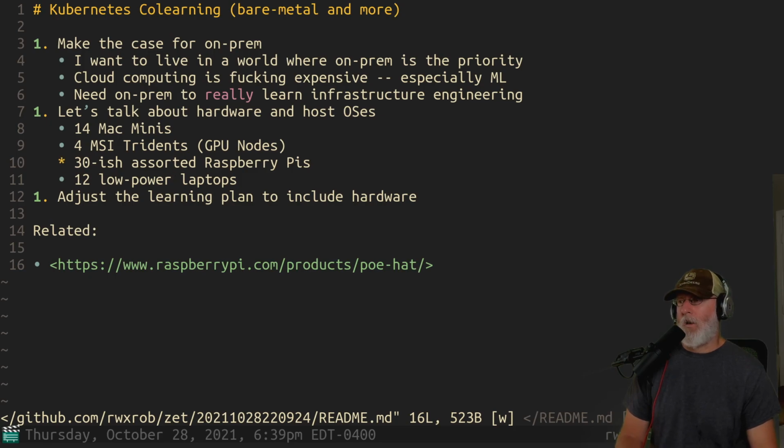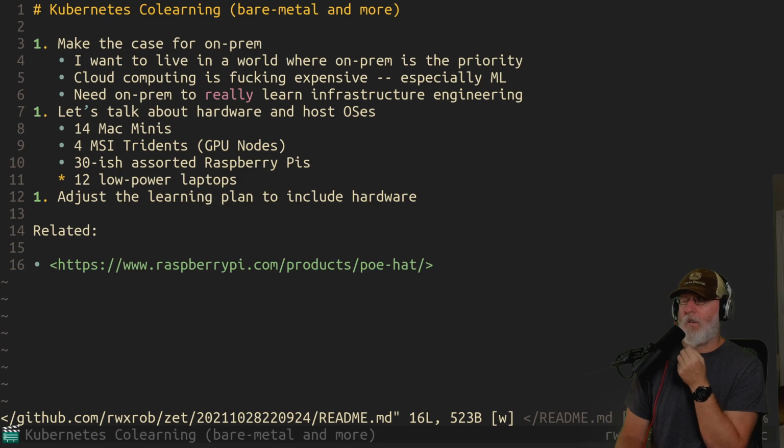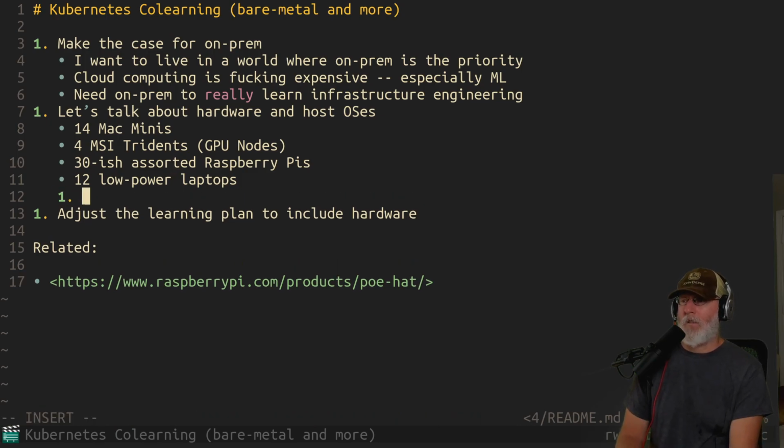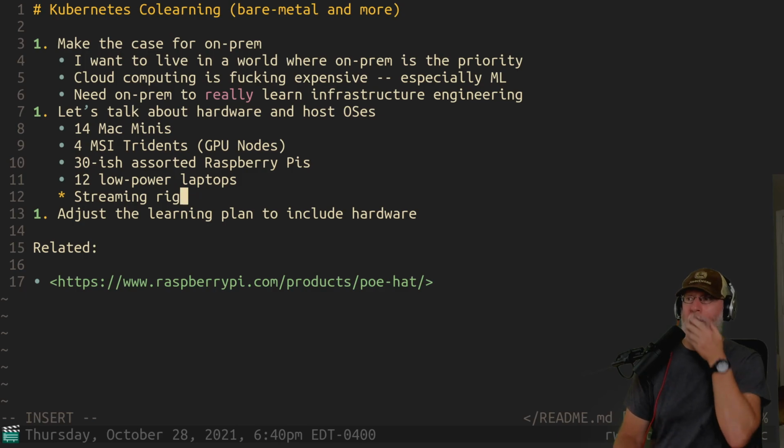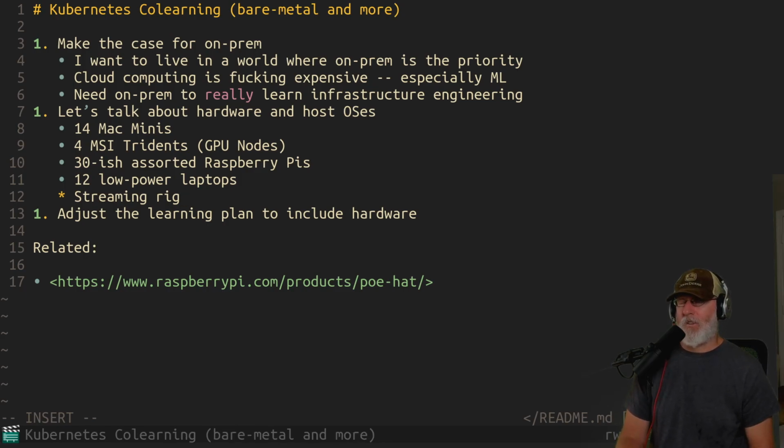Low power laptops. And then of course I have my rig here, which I've tried to decide whether to add on as a Kubernetes node or not. I think I actually might do it. My streaming rig. You can run Kubernetes on anything. So I can turn my streaming rig into a node in the cluster so that I can schedule jobs. With node affinity, I can say I only want this to run on the streaming rig, so I can set up all of my stream redirection and different things through that.